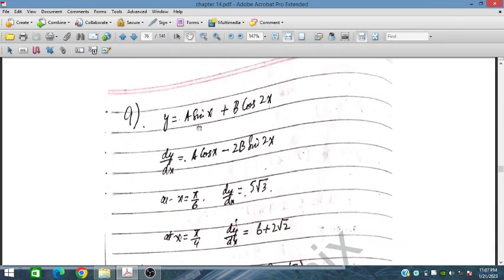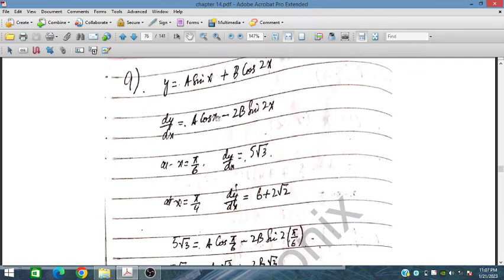So this is the problem. y is a sin x plus b cos 2x. We differentiate a sin x, this becomes cos x, and b is here. This cos 2x is basically minus sin 2x, and then the 2x derivative becomes this 2. So this is a cos x minus 2b sin 2x at x is equal to pi by 6. We'll place this pi by 6 here, and we get this result 5 under root 3. So for this pi by 4, we place this pi by 4, this becomes 1 under root 2. By placing pi by 2, this becomes 1. So a under root 2,